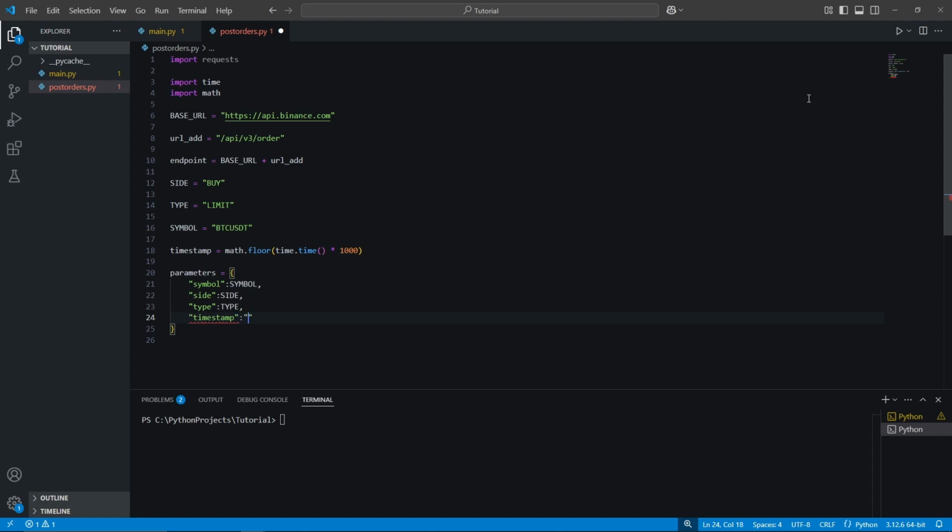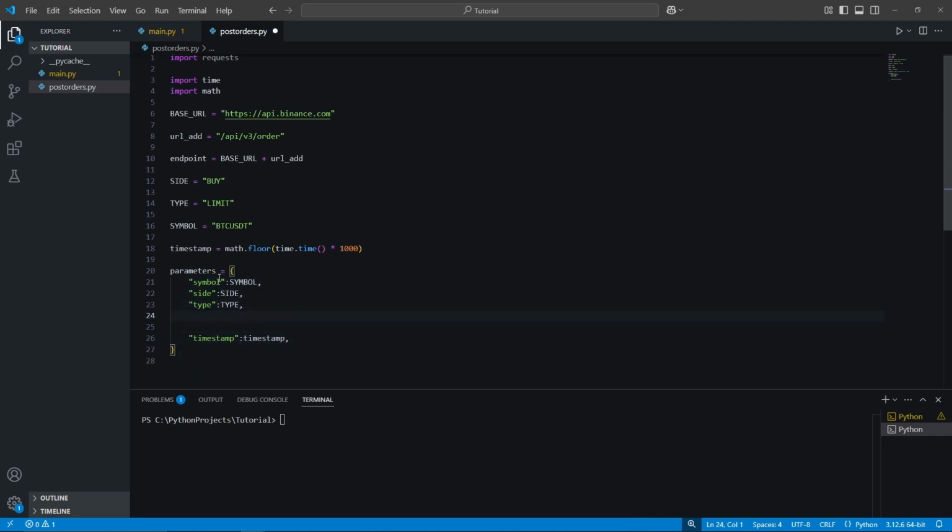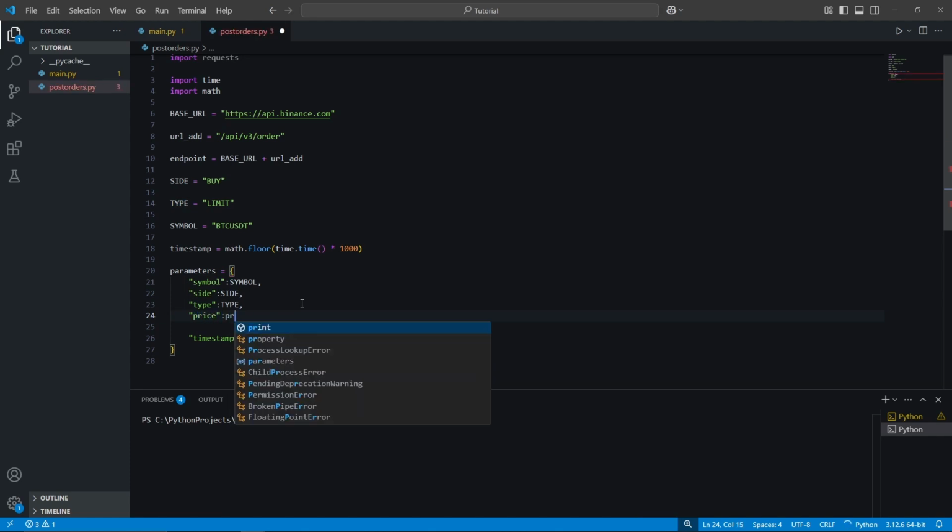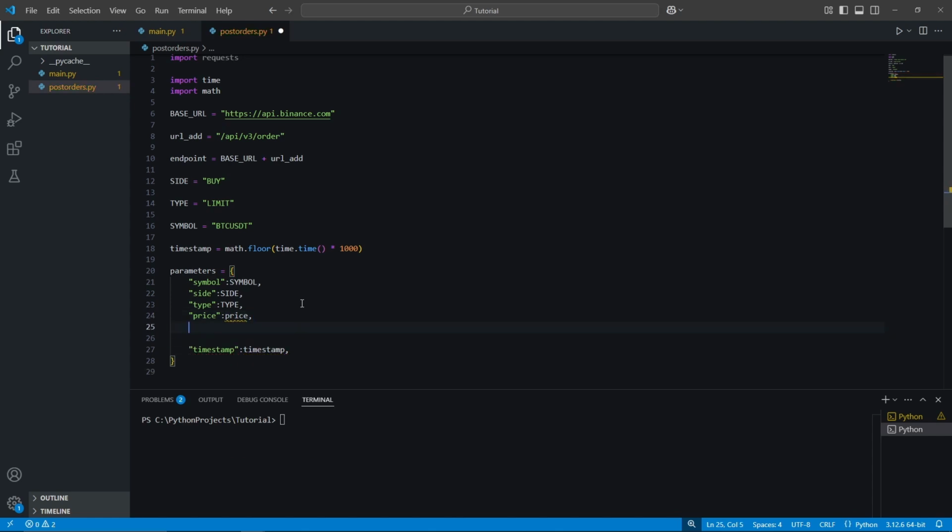And it will be set to the timestamp which is defined. Now, the four are mandatory, but there are actually many more that we need to use for the order to make sense. So if we take the coin Bitcoin and we buy it on a limit order, we also need the price, right? Logically, it's going to be a price variable, and we need the volume variable,